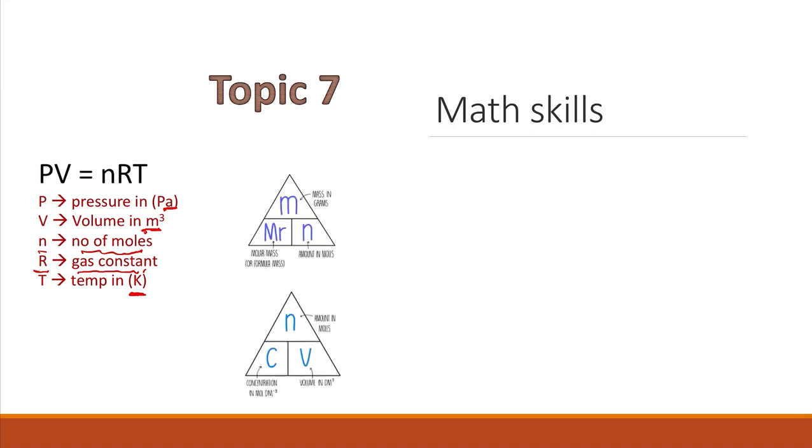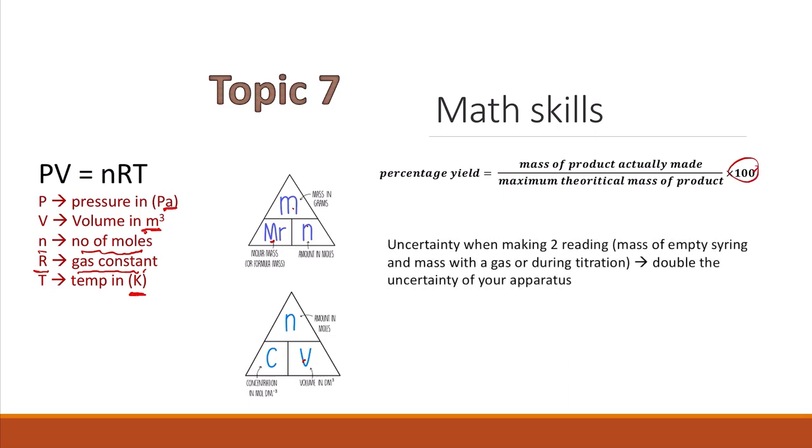Remember these two triangles for the calculation of the number of moles from the mass and molecular mass, and remember how to calculate the moles or the concentration if you have concentration, volumes, and number of moles. Remember that the percentage yield is the mass of the product that is actually made over the maximum theoretical mass of the product, times 100. And remember that if they ask you to calculate the uncertainty, remember the uncertainty